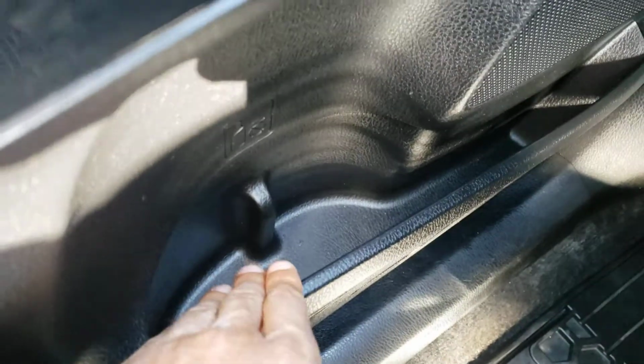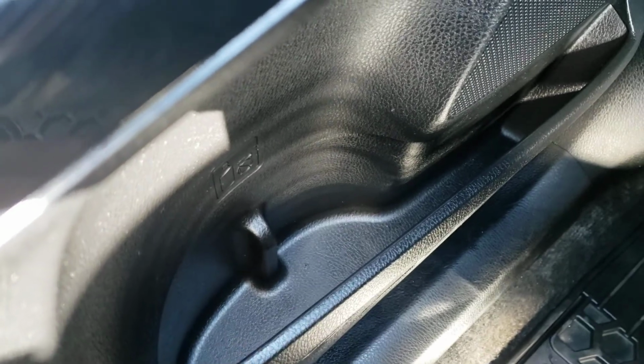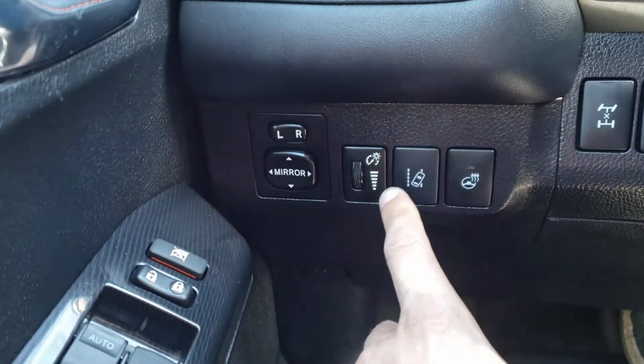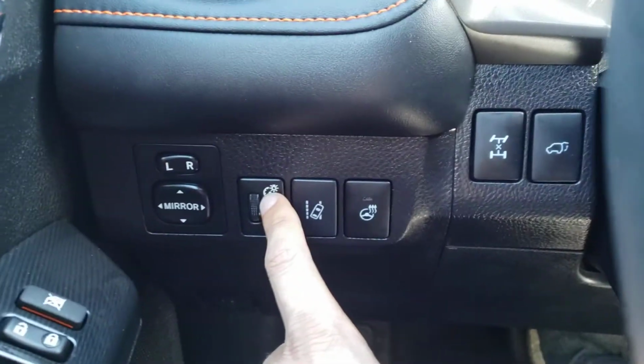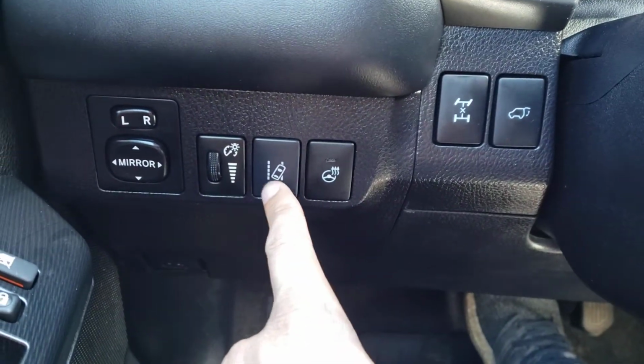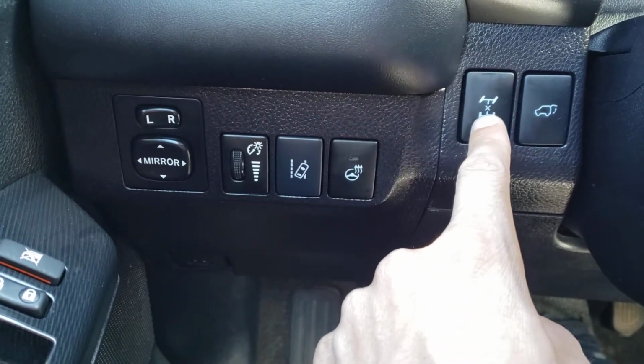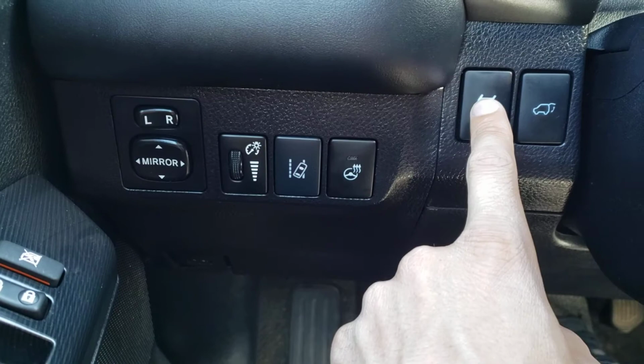Underneath, you do have a little bit of extra storage, as well as a couple of extra cup holders integrated into the door panel. And if you take a look just above here, you'll find the controls for the power mirrors, as well as the dimmer switch for the gauge cluster. Then you got a couple different buttons here. You've got the button for your lane departure alert, as well as your heated steering wheel, and all the way over on the right here, you'll find the differential lock for your all-wheel drive system, as well as the button